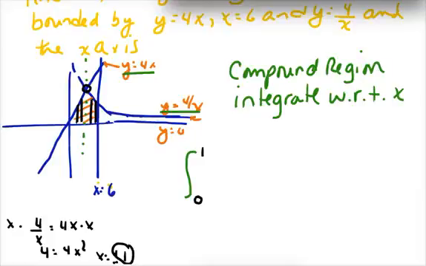That integral from 0 to 1 has the curve y equals 4x on top. And on the bottom is simply the x-axis, or the y equals 0 line. So it's 4x minus 0 dx. Okay, so that's your first integral. You have to split it up. Your second integral